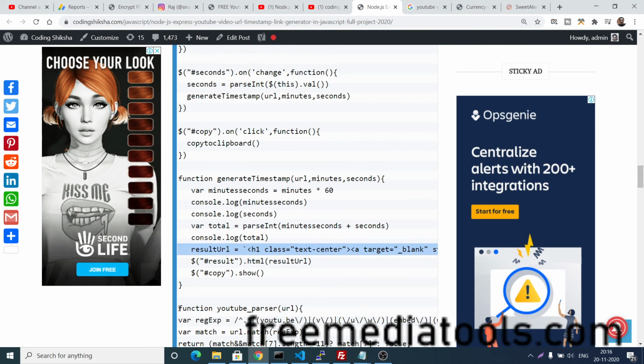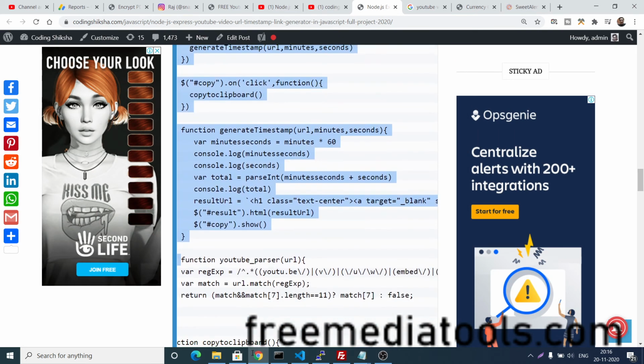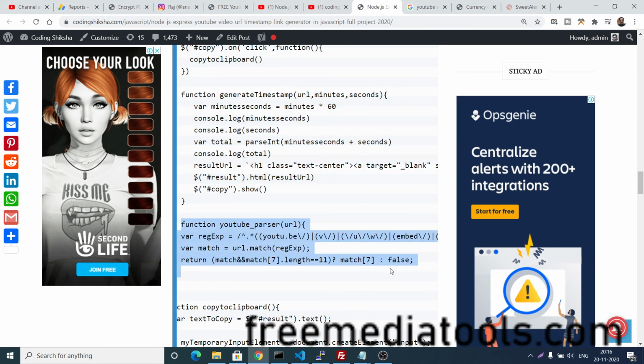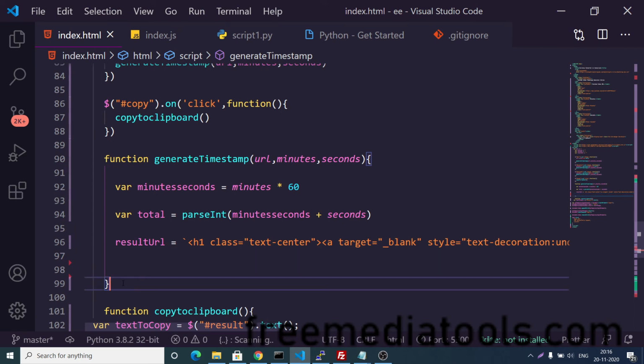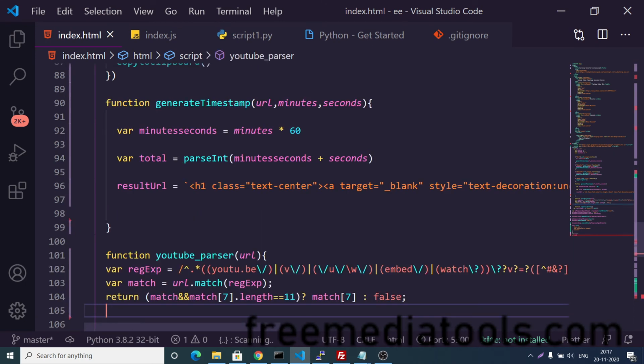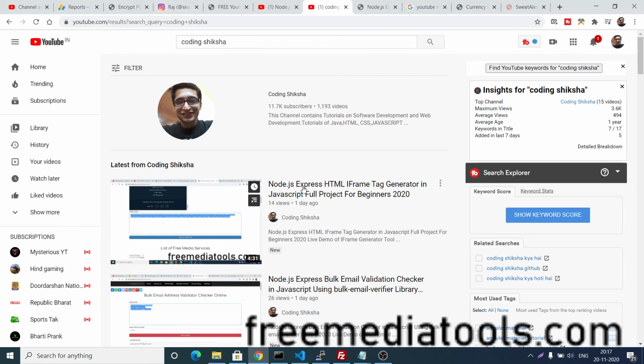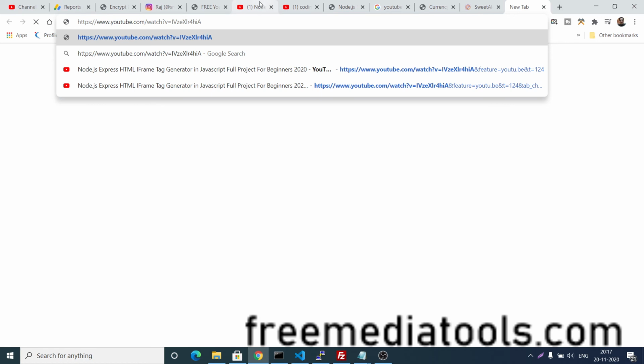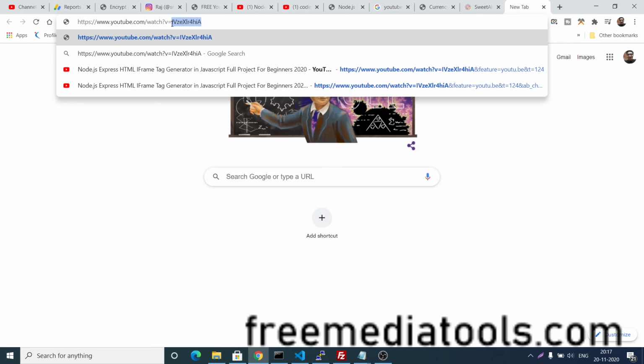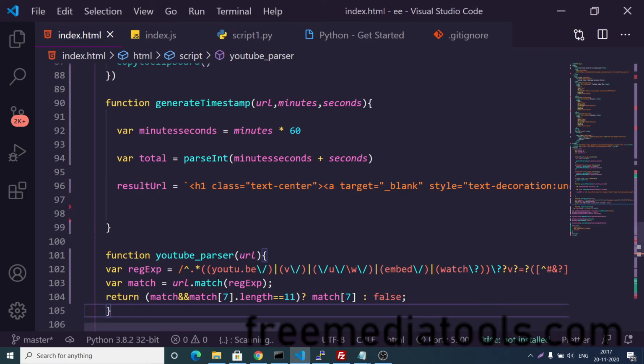And now to make this YouTube parser function, this will actually get the video ID for us. So this is again a helper function that you need to create here. I will just create it here like this. After this you need to just copy paste this function like this. This will get the YouTube ID. You can see every YouTube video has an ID attached to it. If I show you, copy link address, this is the ID that I am talking about. This will get this ID from the URL. So this is what the function is doing here.